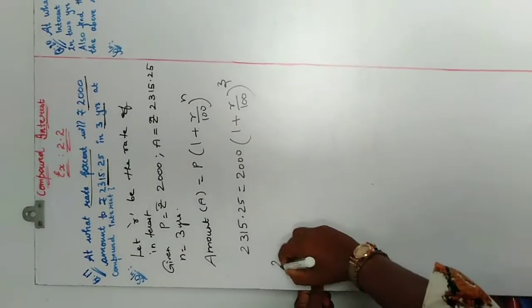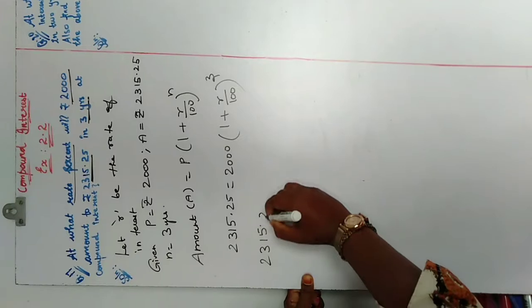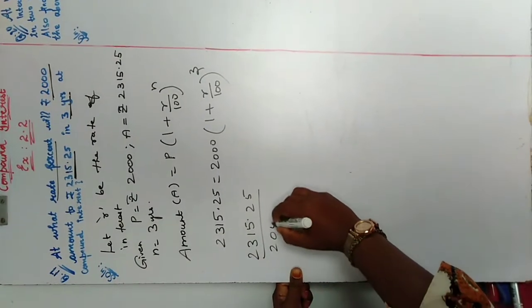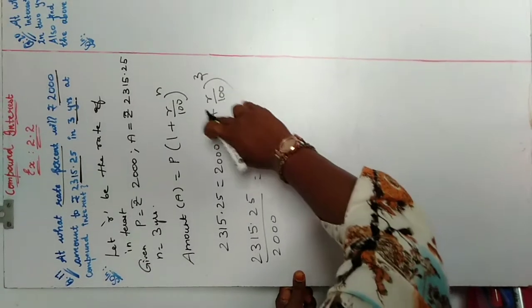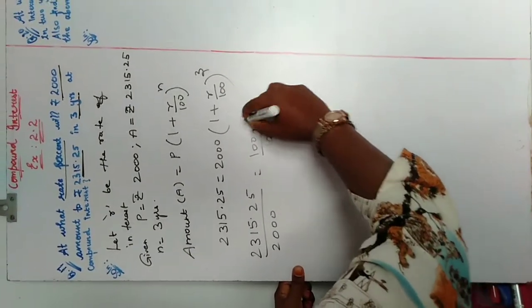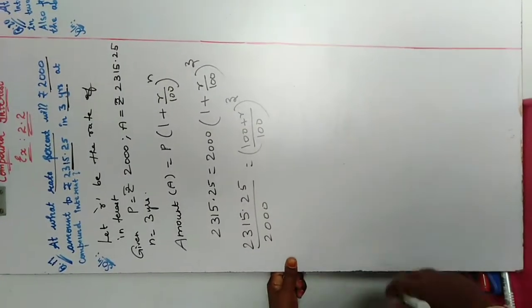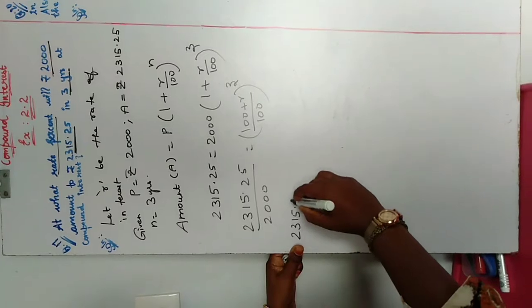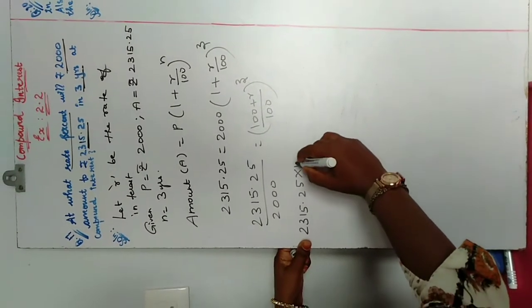Okay, the next step, we are bringing this 2000 to this side, so it becomes 2315.25 divided by 2000, which is equal to, taking LCM, (100 plus R) divided by 100, the whole cube. Okay, the next step, this 100 comes to the numerator on this side,